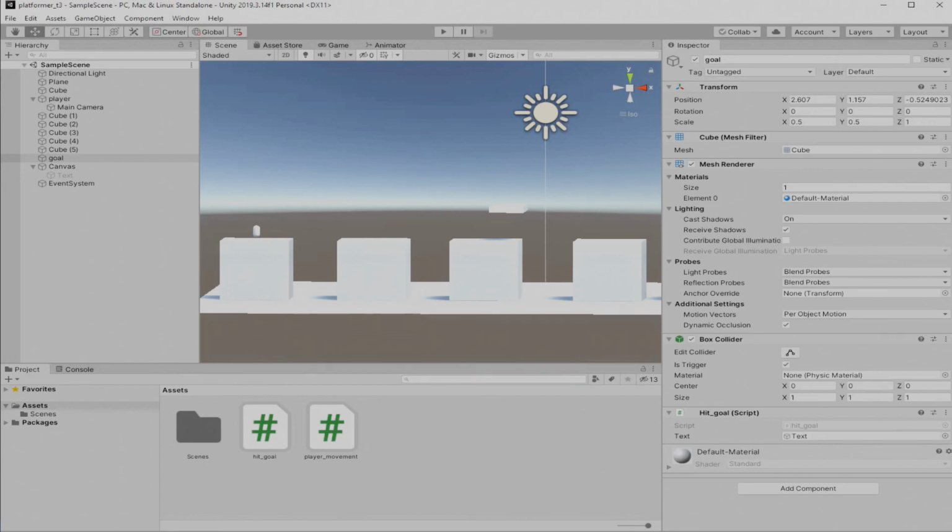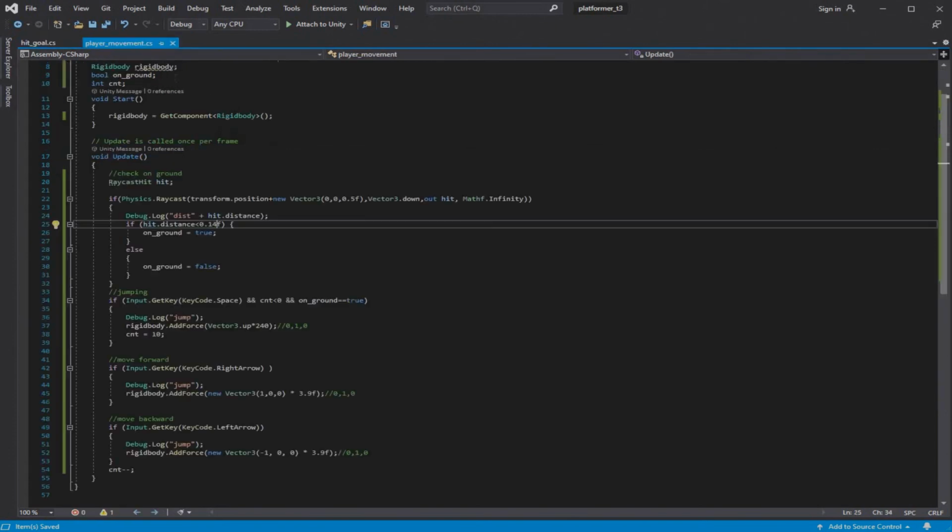Here's the code. Maybe you can copy paste or write this down. And there is some bug with Rigidbody which I don't know about, but hopefully it will work with your stage. So thank you very much and